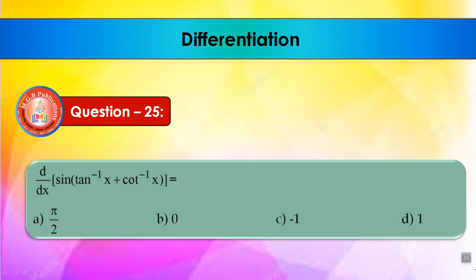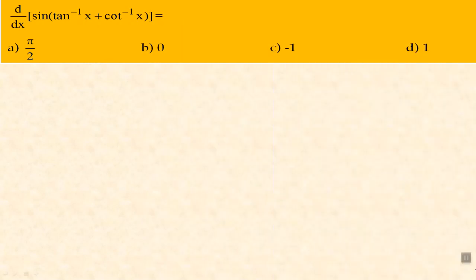Dear students, see the question number 25. Read the question and write it. The question is d by dx of sine of tan inverse x plus cot inverse x is equals to. Options are pi by 2, 0, minus 1, 1. Let us find this. D by dx of